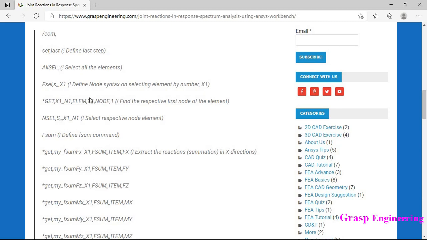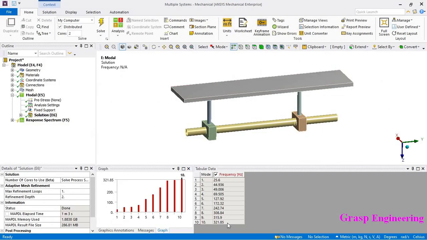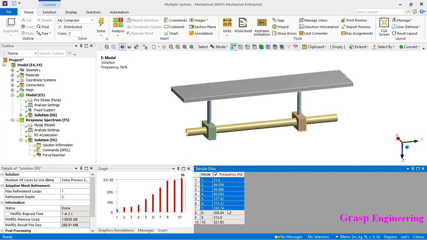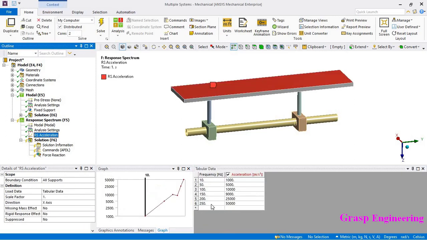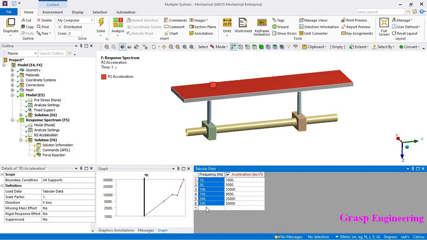So what we will do, we will just go to our simulation. Okay, now if you see here, our nodal nodes are extracted, mode shapes are extracted. So you can see we extracted up to 3 to 1, and here we have our frequency, spectrum frequency up to 250.